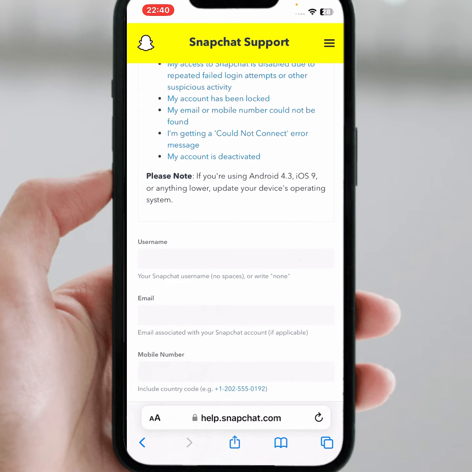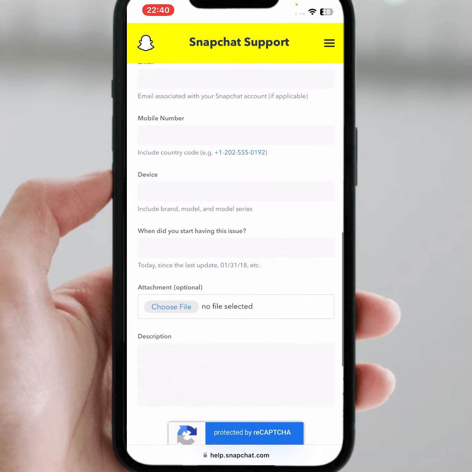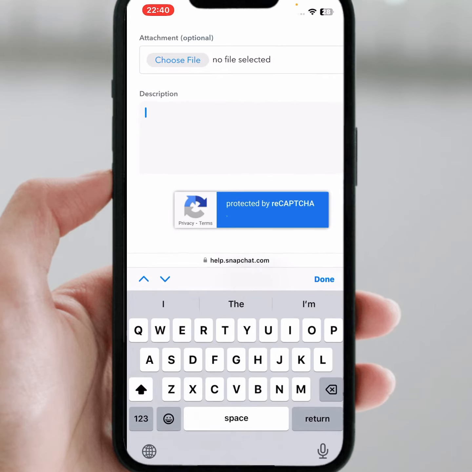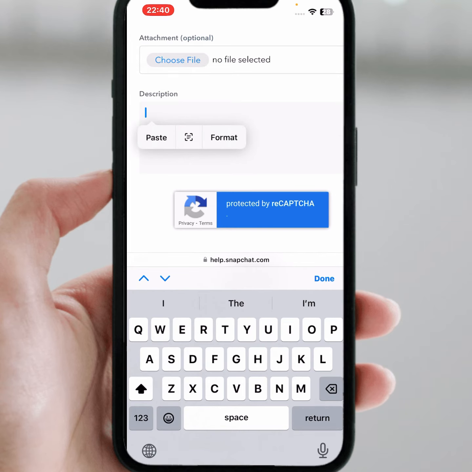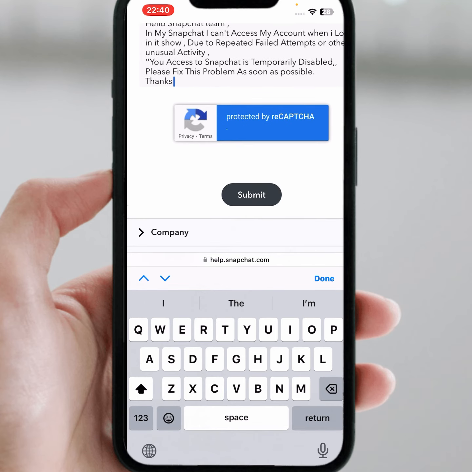From here you tap on username and active Gmail or phone number, enter your device name, and after that you can see description, enter your problem, and scroll down and tap on submit. And after submit, Snapchat team will contact your Gmail or phone number, and after that I hope your problem will be